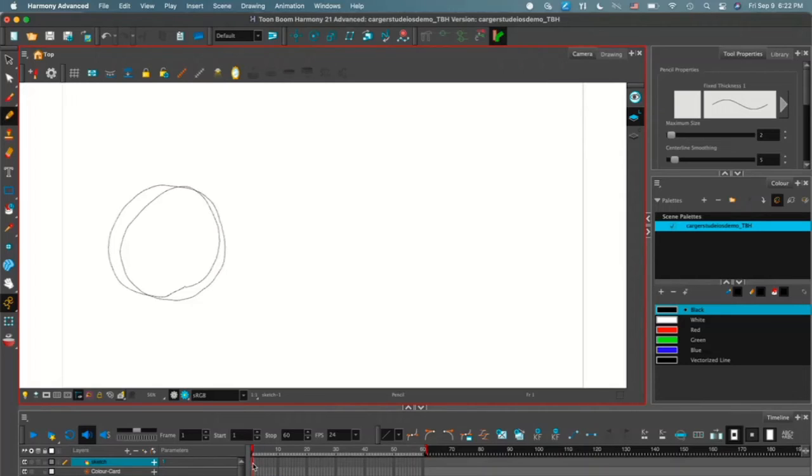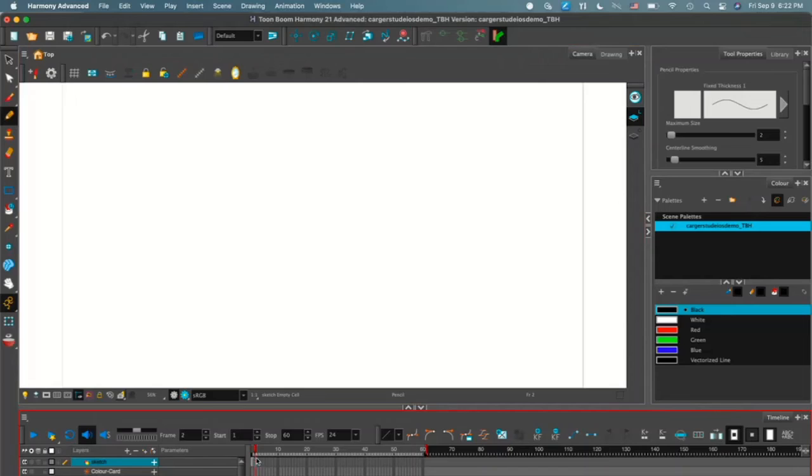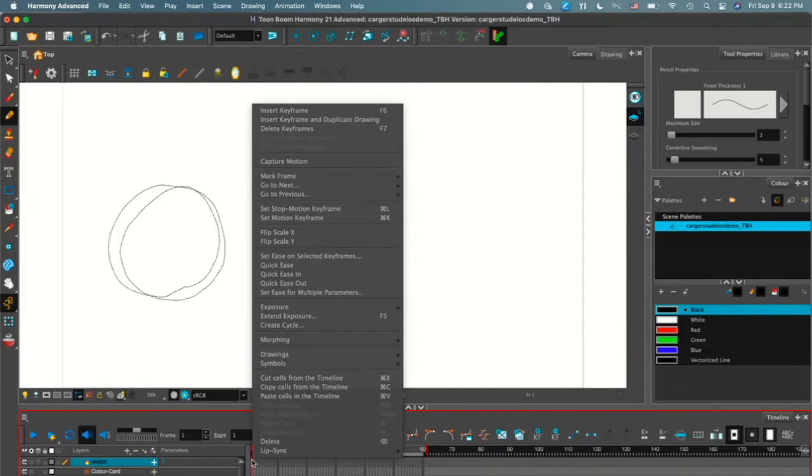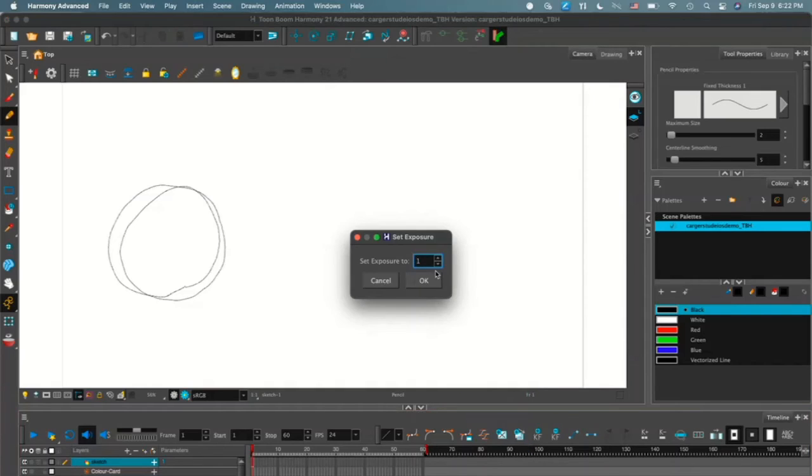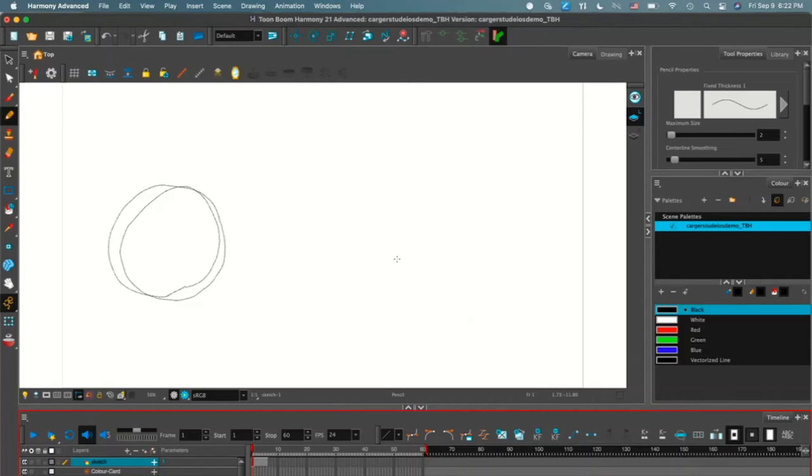It's not really ideal, so you can go down here and click on this grayed out little frame. Do a little right click, I think. Go to exposure. Go down to set exposure. This can change how many frames it's going to be showing for. So I usually like to default 6 for keyframes so I can more easily add in between frames. And now you've got a frame that lasts for 6 frames